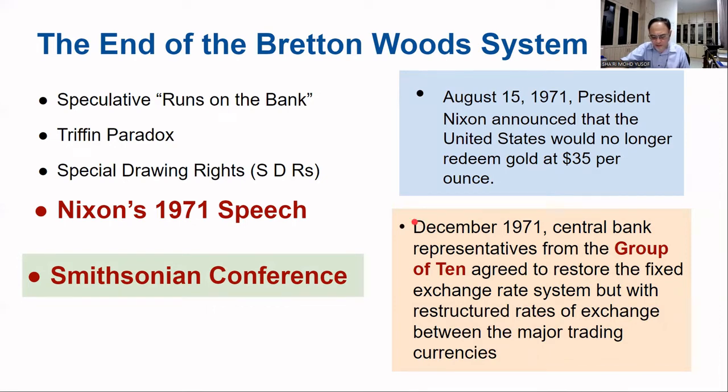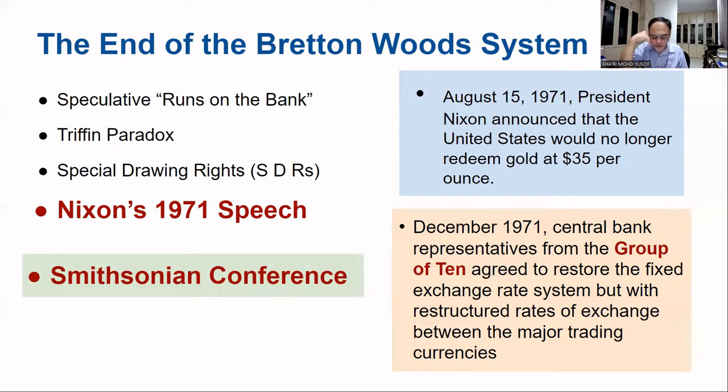So they were allowed to actually devalue the US dollar to $38 per ounce, but it remained inconvertible into gold. So basically, no more gold standard. So money was just printed and became paper money. Okay. So that was the end of using gold as the value of currency. Okay.